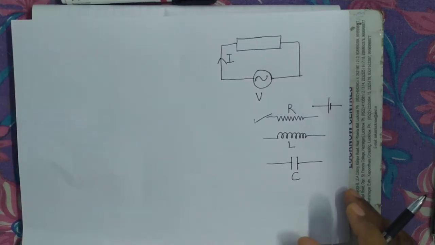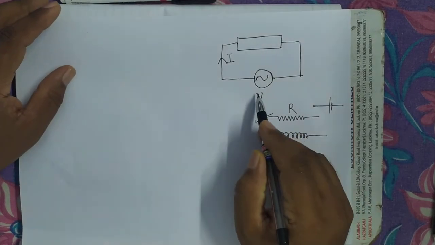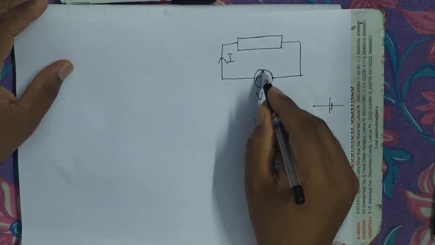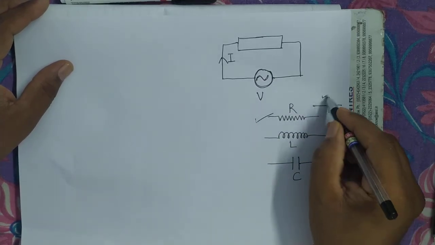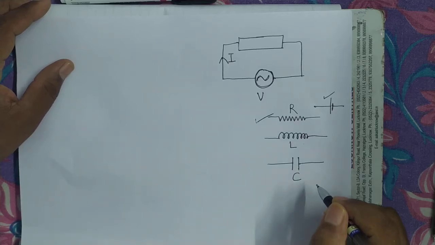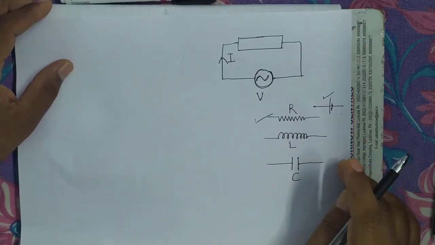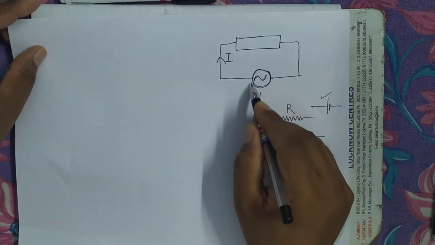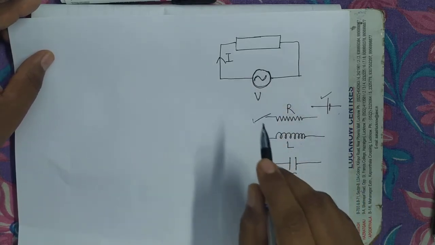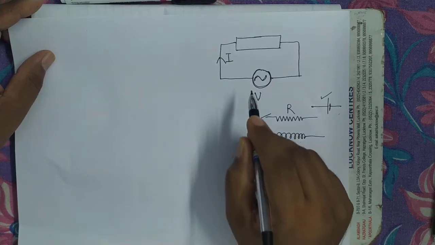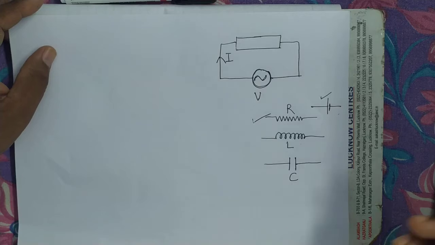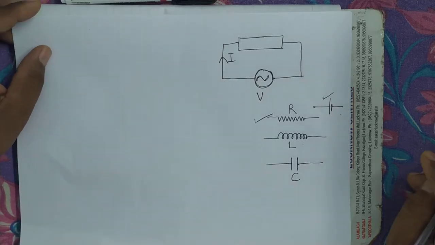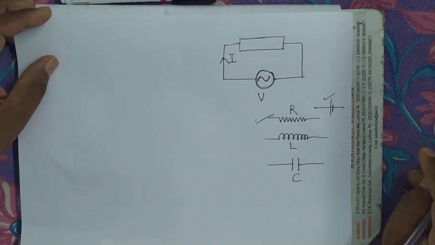Now see here, an alternating source is represented by this symbol, while this is representing a DC source. A cell or battery provides the direct current, while this type of source, when we represent it symbolically by this diagram, is an alternating source which will provide an alternating voltage. And what is the alternating voltage? It varies continuously in magnitude with time and its direction is changing periodically.